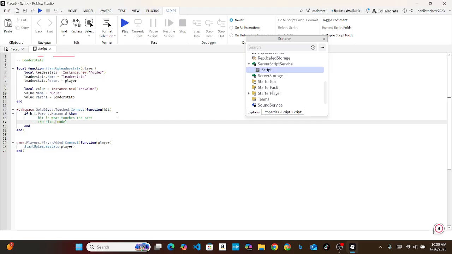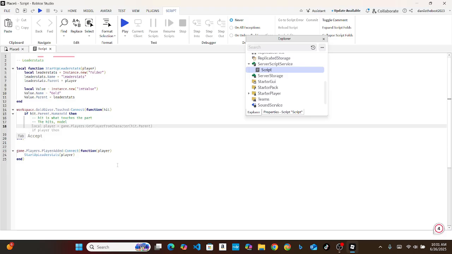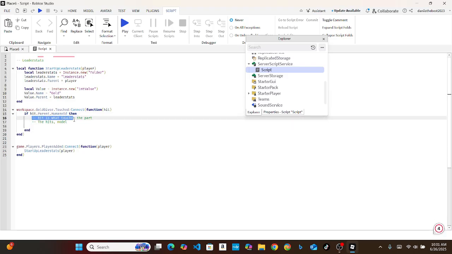So, sorry. What is that rubbing against? So the hit's model is pretty much... So the hit is what touches the part. So the hit's model is what the hit is inside of. And so basically we're saying, if the hit's model has a humanoid, then what we can do is say,